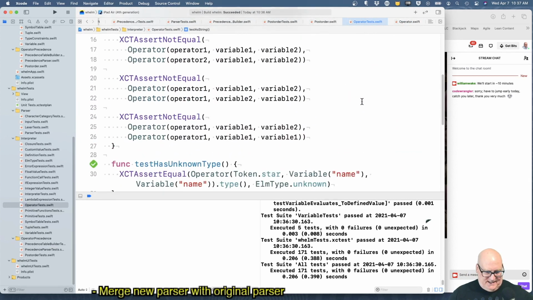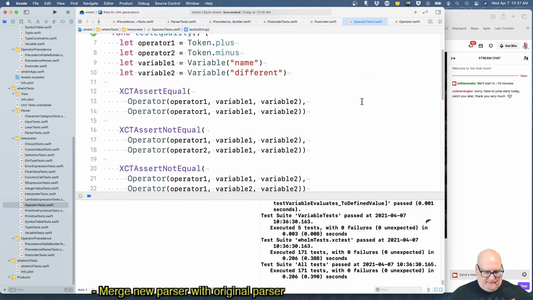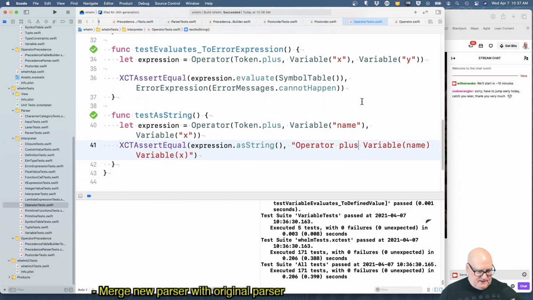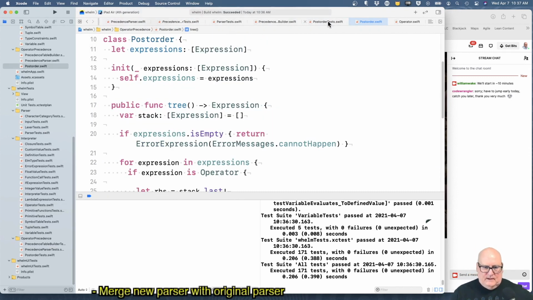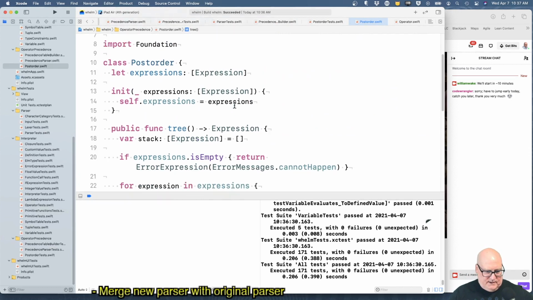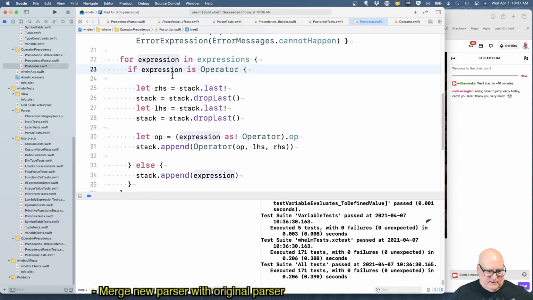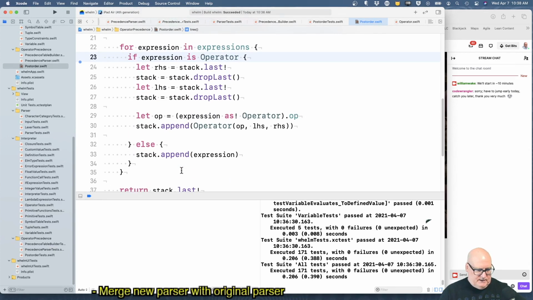Okay, our tests are okay-ish. That's a reasonable test. Yeah, that's all reasonable. Post order, I think we did okay with this. If it's an operator, pop to create the new tree and append.